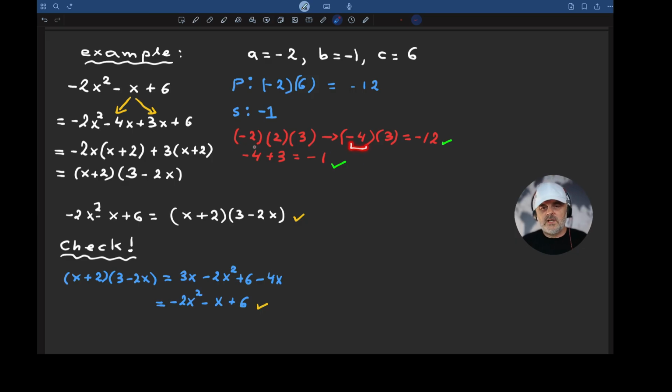You have only 3 here. So -4 is 2 and -2, and factor 3. Why is this a good choice for this particular question? Because -4 plus 3 is -1. So bingo, you have those two numbers figured,